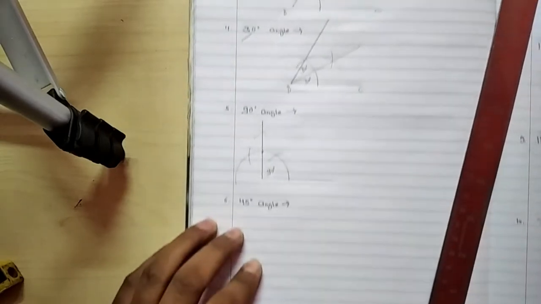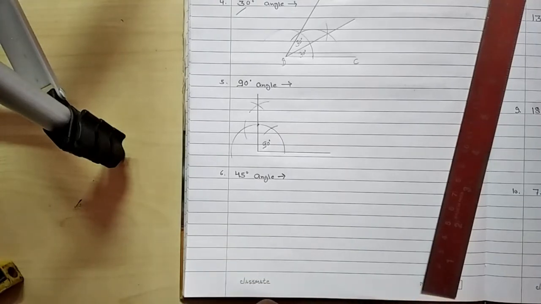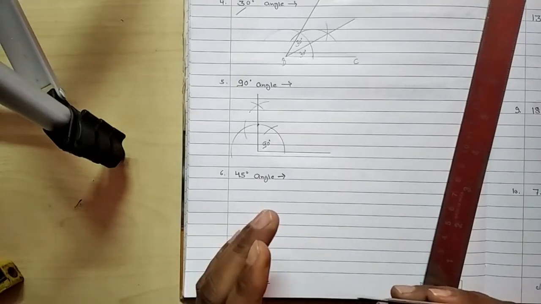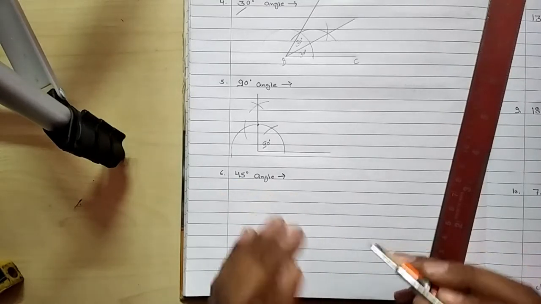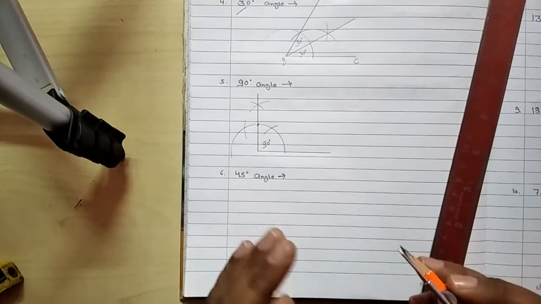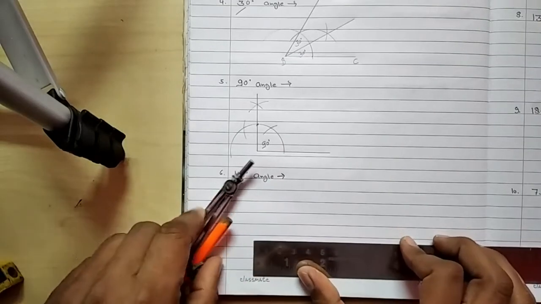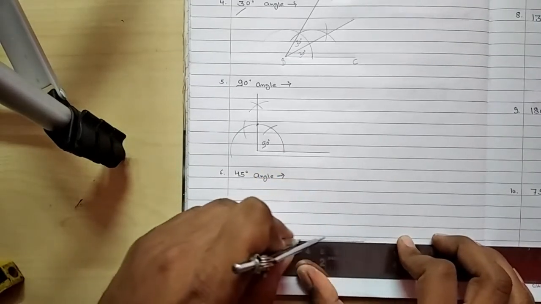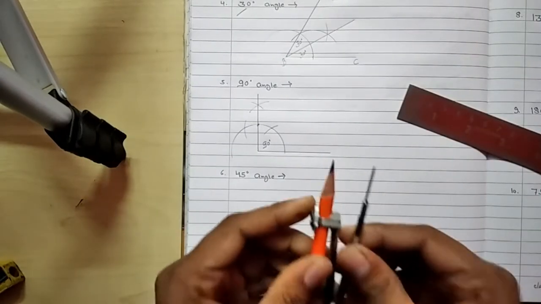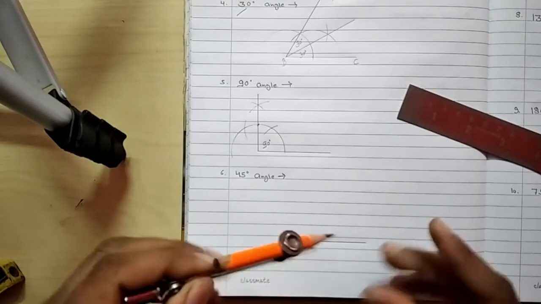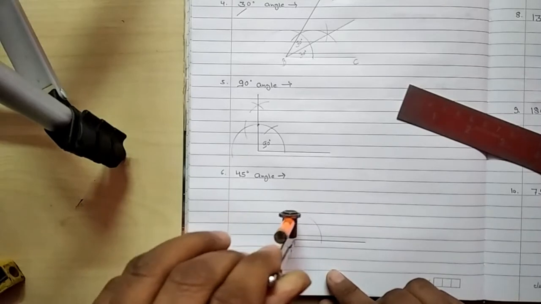Got it? Now I am going to tell you how to draw the 45 degree angle. And you know, to make the 45 degree angle, we have to draw the 90-degree angle, and after drawing the 90-degree angle we will bisect the 90-degree angle. Got it? So first of all, again we will draw a line segment of any measurement, and then we will take a small gap in the compass, and after that we will put the compass at one end of the line segment, and we will